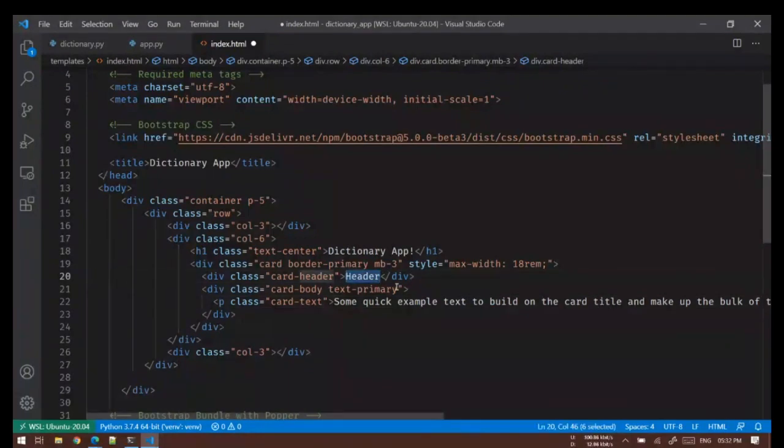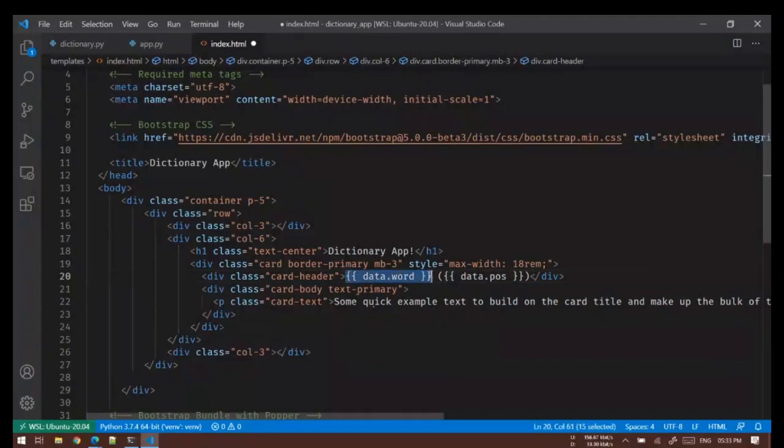Here in header I want to print data.word, and then after that, two brackets, and inside the brackets again I'll say data.pos, which is part of speech.